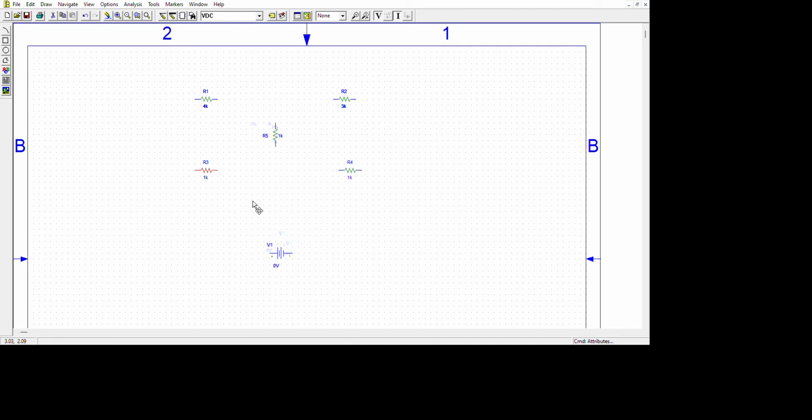Simply click here and then this. Actually, you don't have to click on this, otherwise this will open. You have to click on that magnitude, otherwise it will create an error. R3 is 5K. I will give R5 1 ohm as it is, and R4, let's say, 2 kilo ohm.